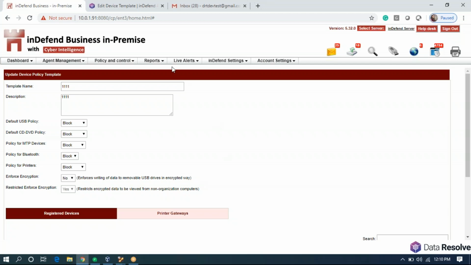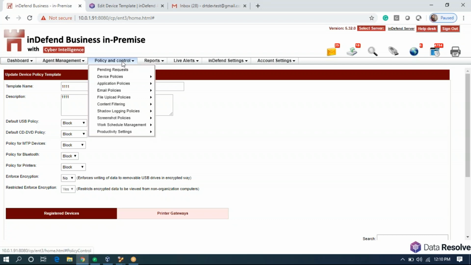So today, since I have my test agent installed on this server, that is Indefin Business one, we'll refer this particular server for policy creation. However, I'm repeating it again. Do not get confused. Same way, policies can be created on Indefin Advance also, right? So these are the major policies that you can create through Indefin: device, application, emails, file uploads, content-based policy, shadow copy, and screenshot. So today we'll create all these policies one by one. I'll show you how they can be created and how it exactly works.